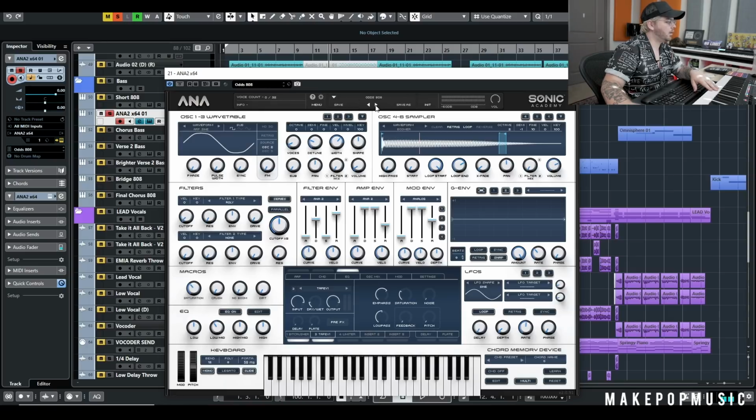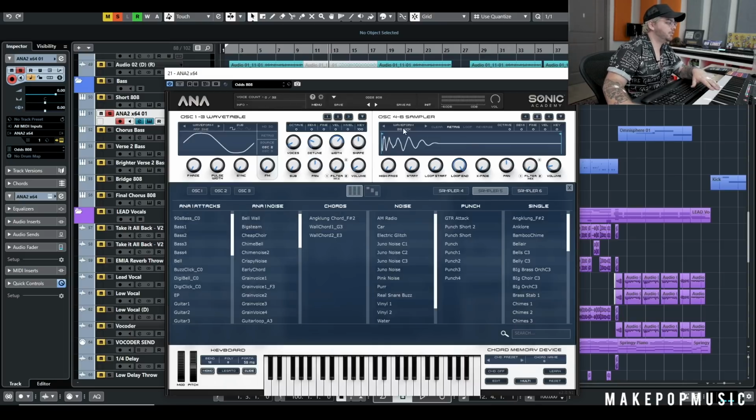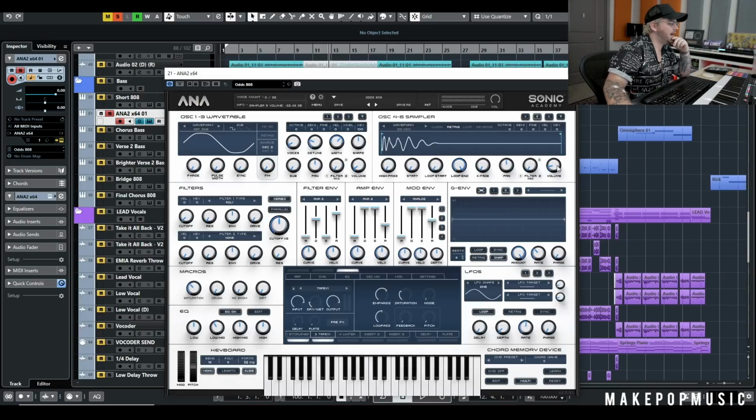Let's go ahead and look at one more. So this is a good example of one that I've actually pulled a kick into. You can actually load your own kicks and samples in Ana2. There's tons of videos on how to do it, so we're not gonna go over that in super depth. But I've actually added a kick under this one. So that one's really, really, really nice. And let's go ahead and let's actually add